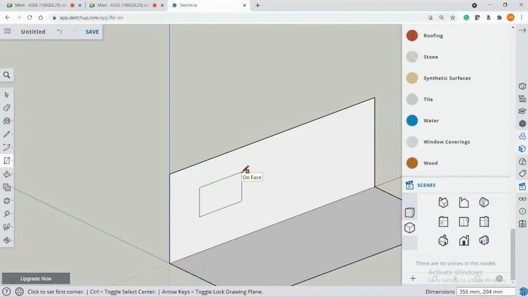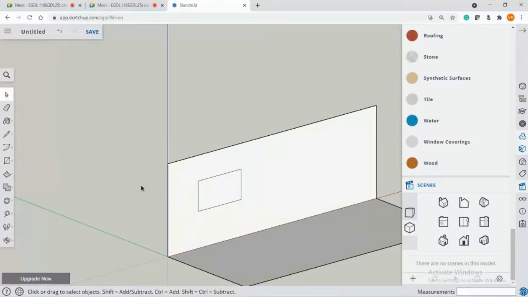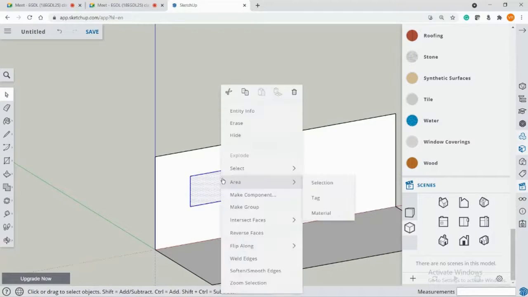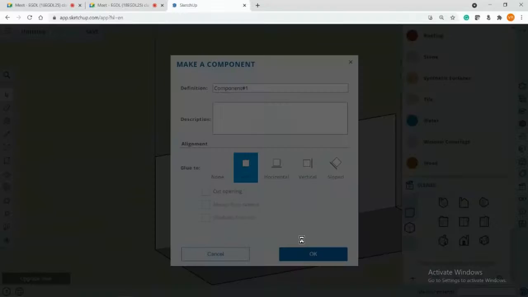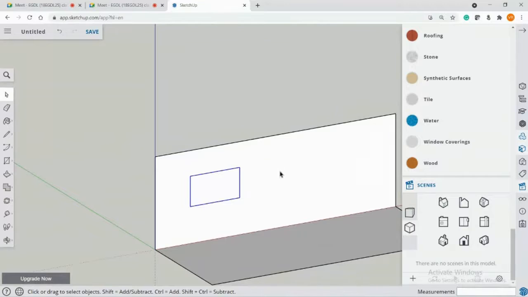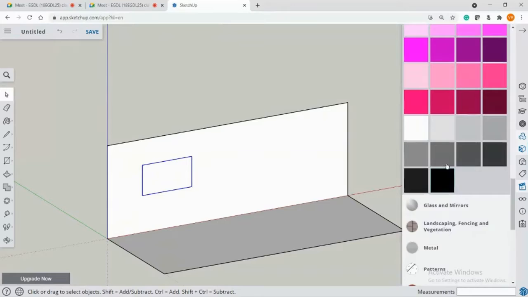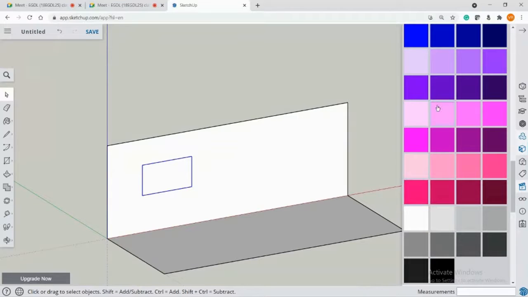It's smooth enough. Okay. Then I will just make this as a component. Same. First two steps remain same. Okay, almost to that of previous question. Then I'll just color it. I will just color it with blue color. Okay.